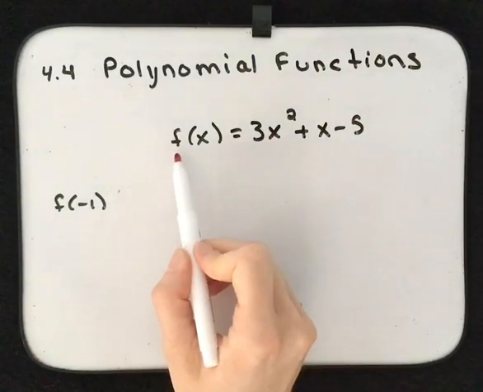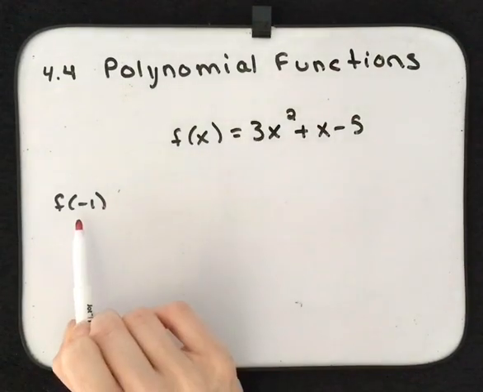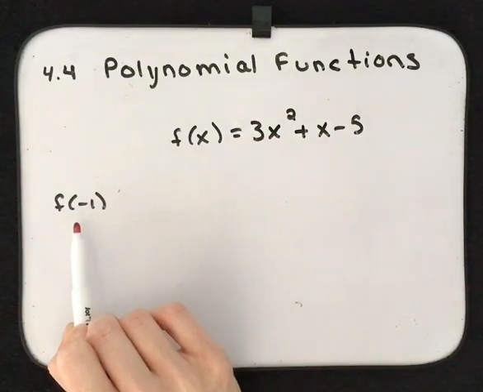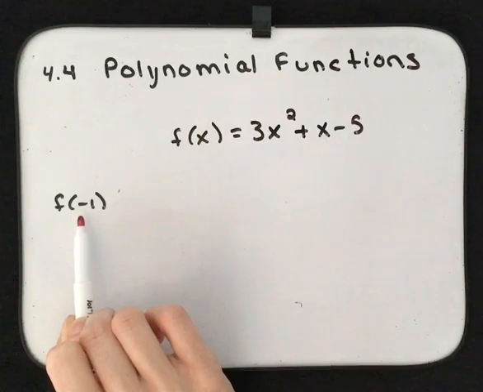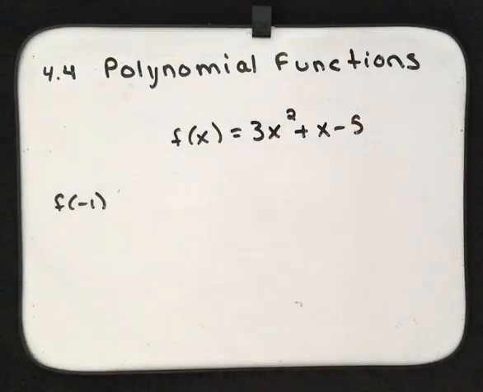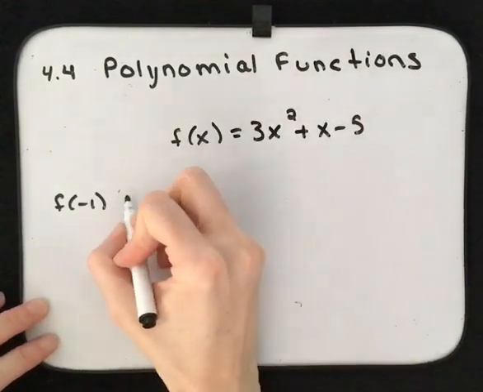Here it is. This is our function named f. And instead of x, we want to evaluate this function at negative 1. So just like we did back in previous chapters, this means where you see the x, you want to replace it with a negative 1. So if we rewrite what we have,